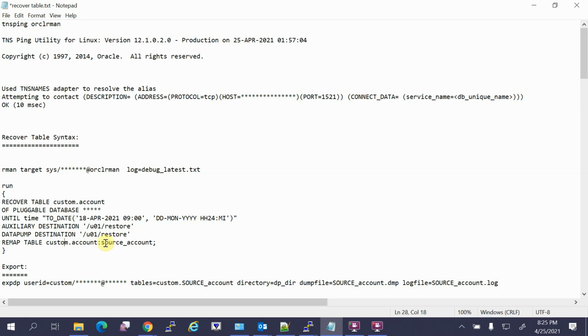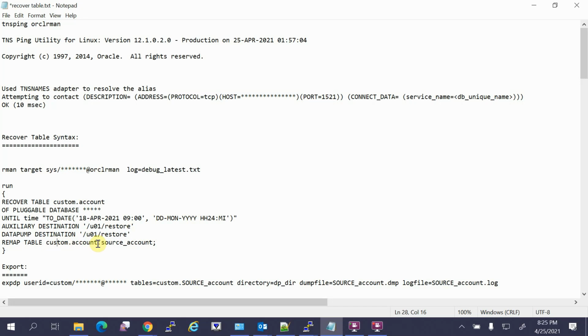So I want to restore it as a different table called source underscore account. Hope you got it. Currently, my table name is account, which is in the custom schema.